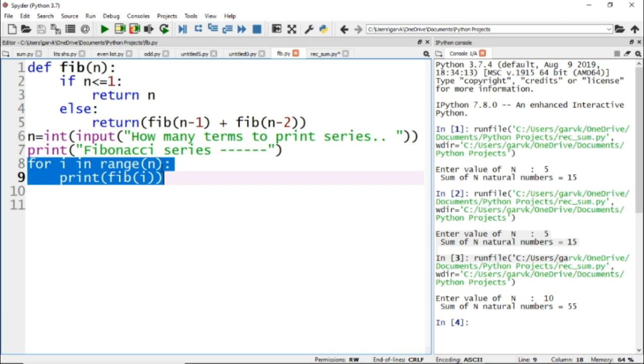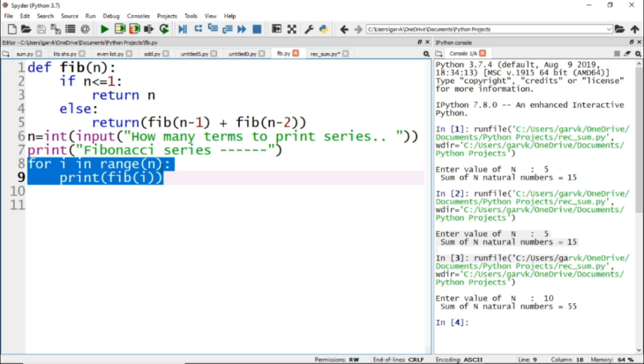Now the question is why I am calling this function using a loop. Because in the case of sum of numbers, I called it once, the reason being I needed the final sum, not the intermediate sums. But here, I need to print the whole series: 0, 1, 1, 2, 3, 5.